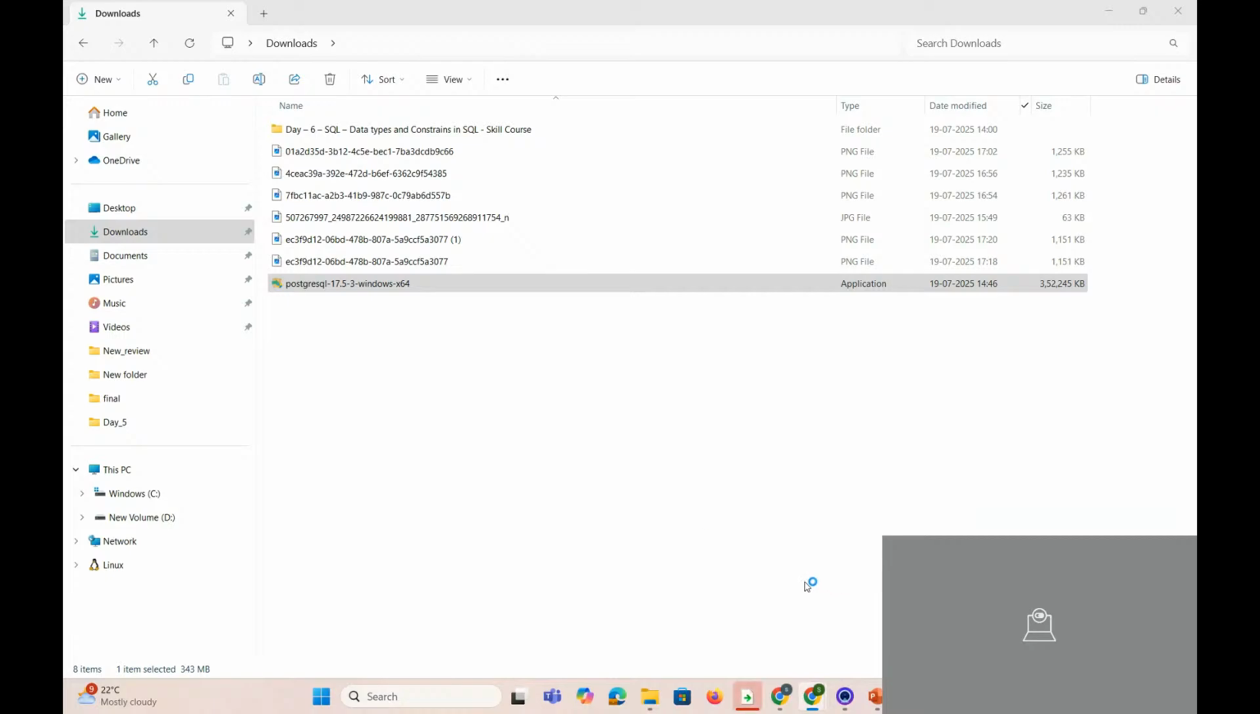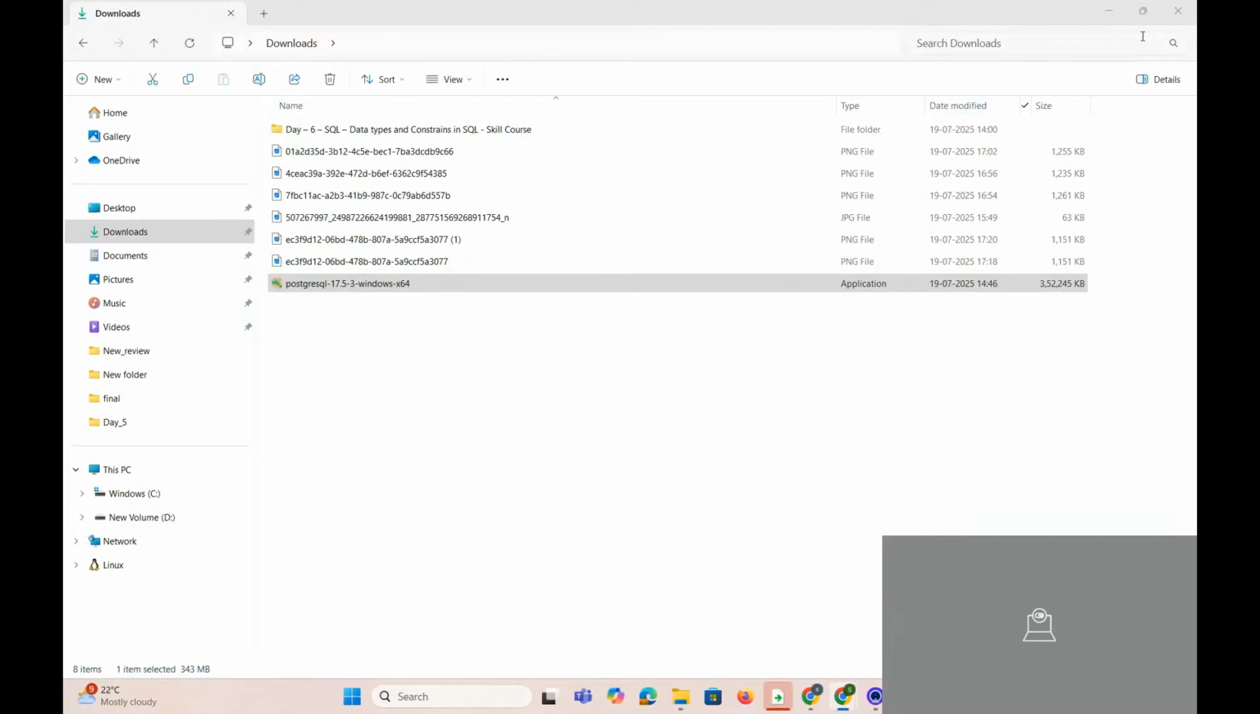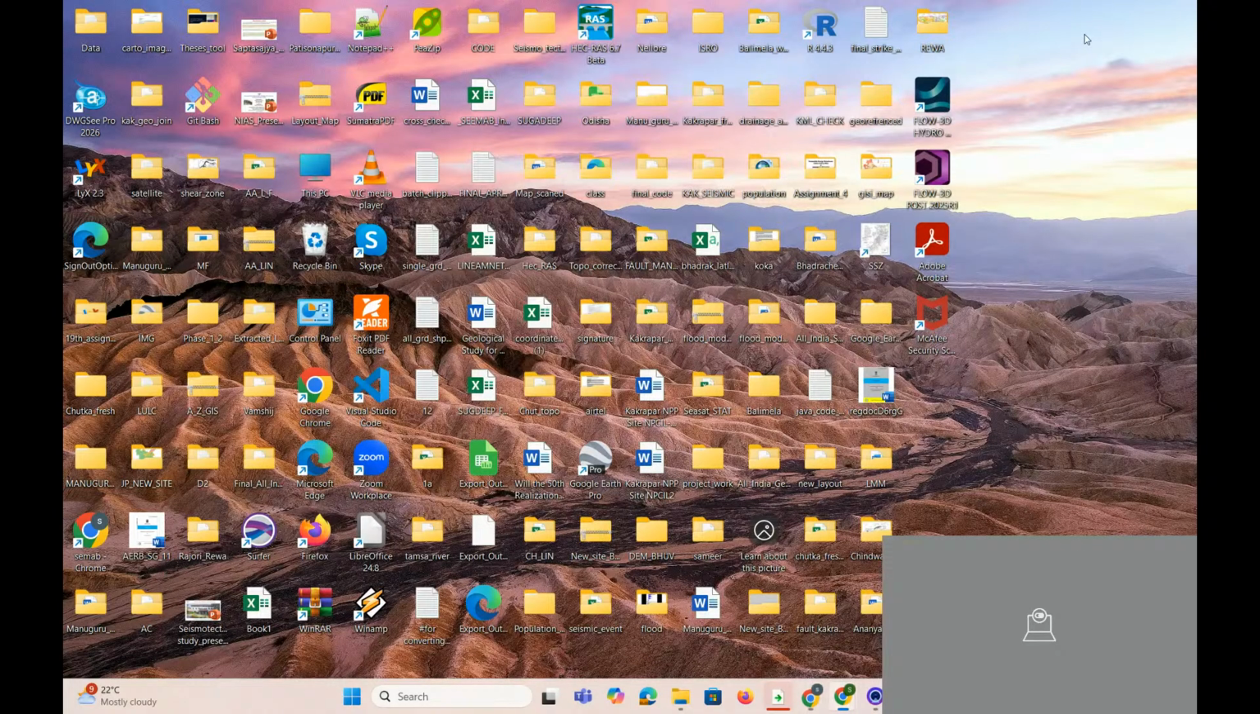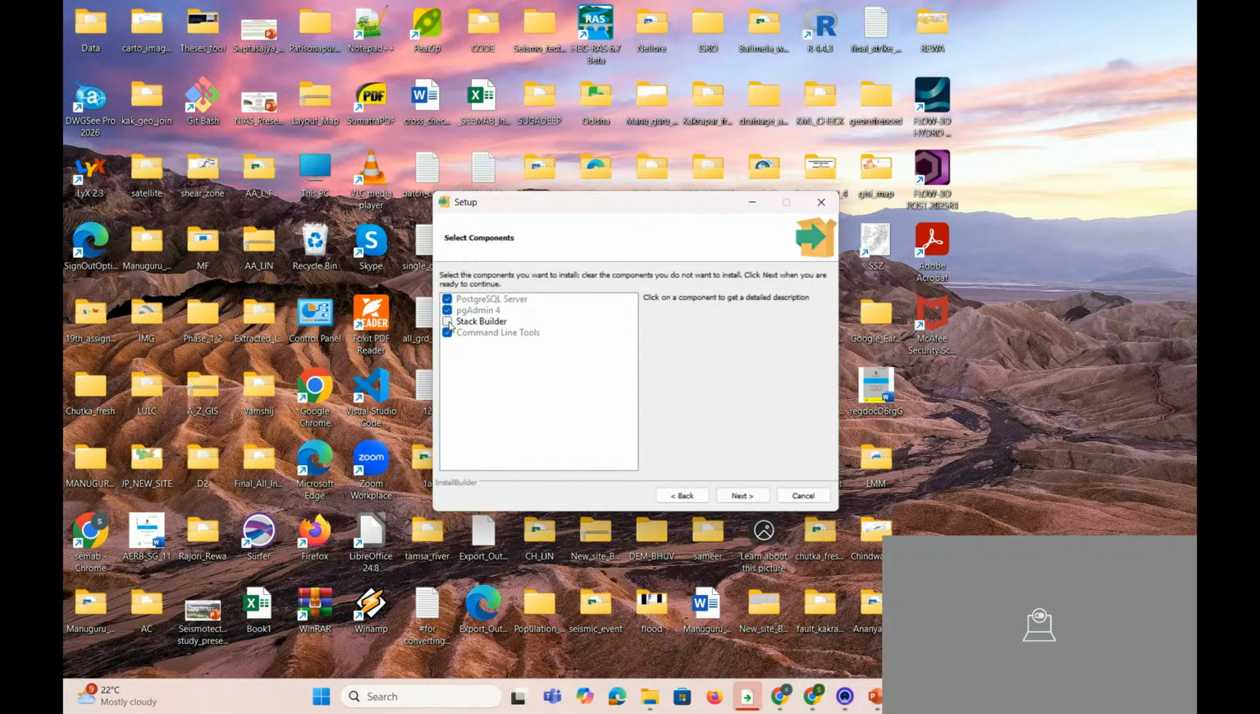What will you do? Just double click. This type of window will open. Okay, what will you do next? Next, and here is the stack builder. No need to worry about the stack builder, because the PostgreSQL server is very important because it is the server